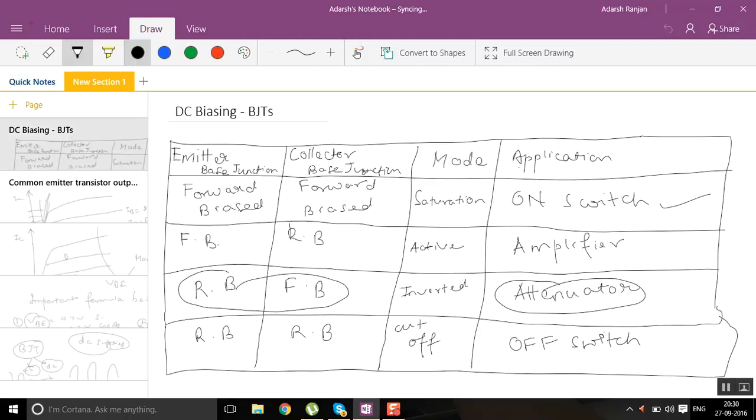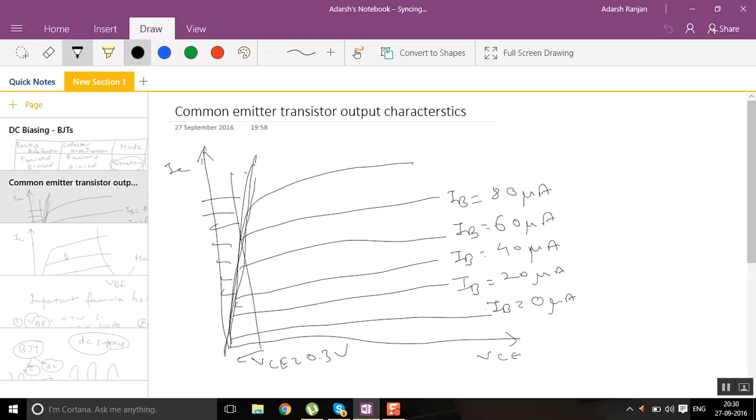So when the base-emitter junction is forward biased and the collector-base junction is also forward biased, then they operate in the saturation mode. Then the BJT device operates in the saturation mode, and the application can be as an on switch. You can have a look here. See, this region is the region when the BJT will operate in the saturation mode, and as you can see, this line is approximately VCE equal to 0.3 volt. So when VCE is less than 0.3 volt, then we can say that the device is in the saturation mode, and when IB is less than 0